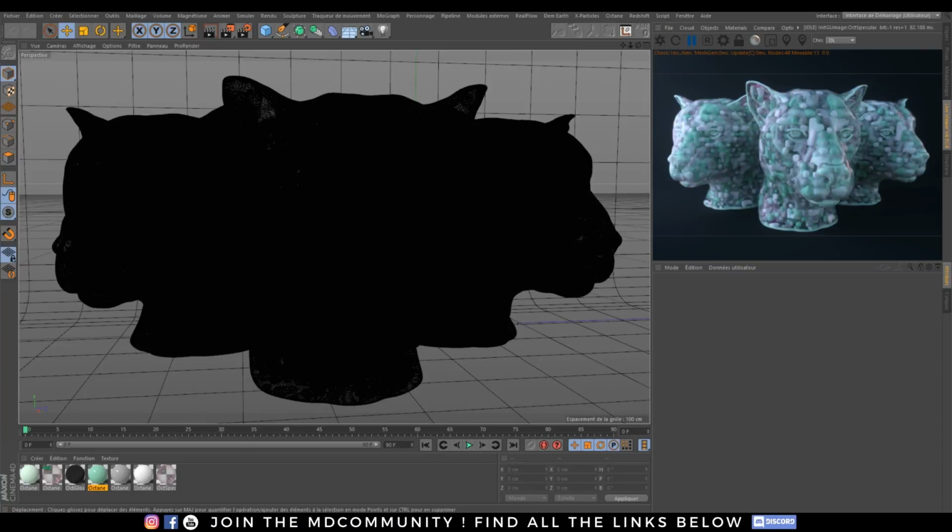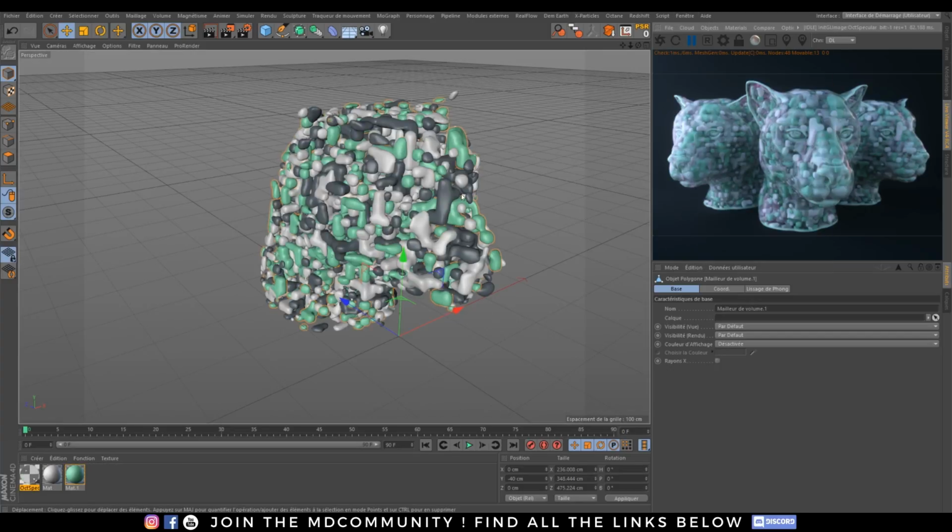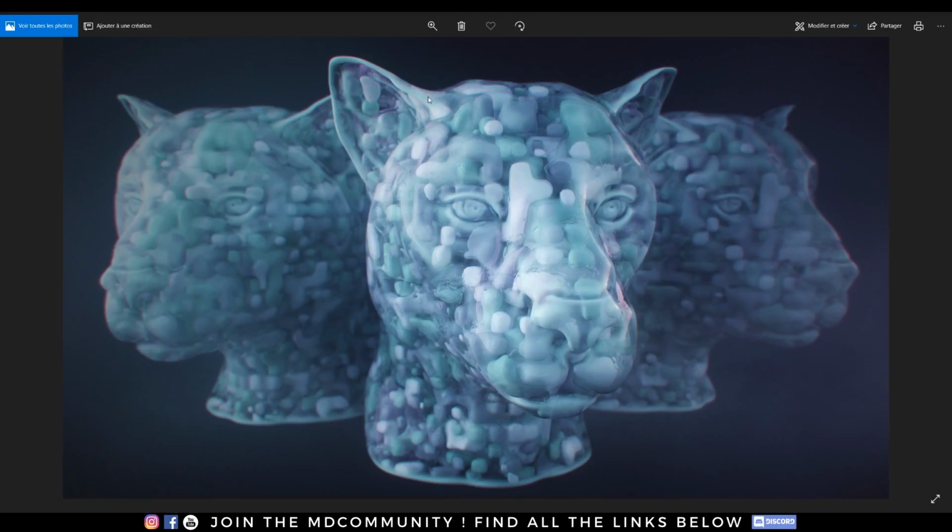I hope you're good, and today we will do an A to Z tutorial. We will recreate this amazing scene with Cinema 4D R20. We will use the volume builder and volume mesher to recreate a really nice pattern like this, and we will also see all the rendering parameters to create an image like this. This image can also be an animation because you will see that each pattern is procedural and driven by a